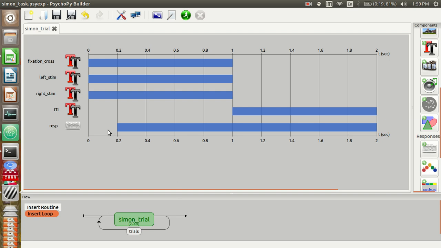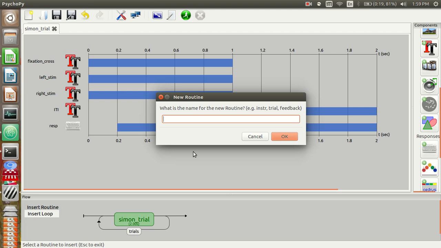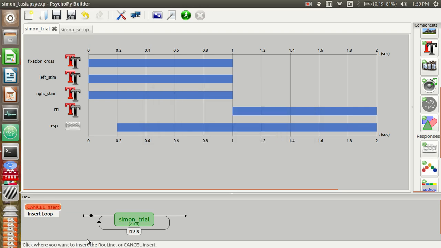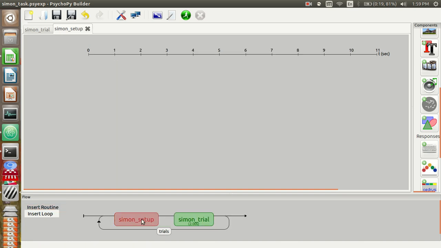And now if we want to actually set up the variables for left stem text and right stem text, we are going to need to add another routine. We're going to say a new routine, and we're going to call this one the Simon setup, okay? And then we're going to put it within the loop since it needs to be set up each time the task occurs, or each time a trial occurs, because these variables are going to change. So we'll click on that trial,